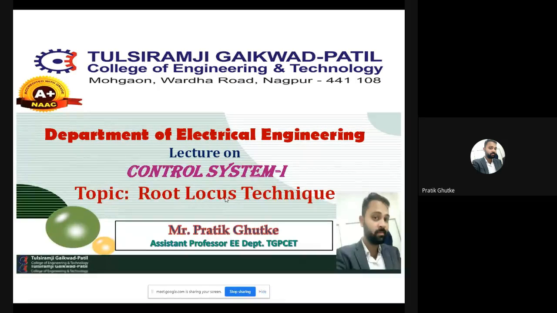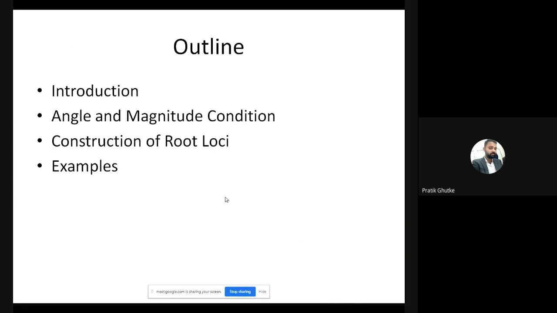So today we will see another important condition of the root locus, that is the angle and magnitude condition. And for the numericals which I told you about yesterday, regarding the complex poles like 2 plus j, 4 plus 2j, like that, those are the complex poles. Yesterday we saw numericals regarding root locus with simple poles. So for the complex conjugate poles, we first have to learn the angle and magnitude conditions